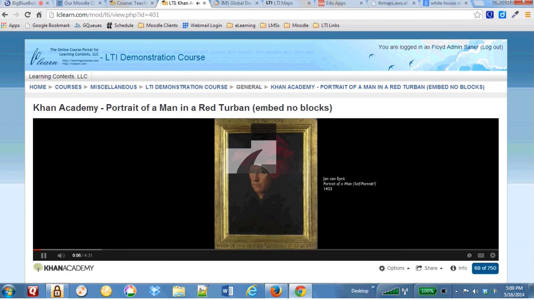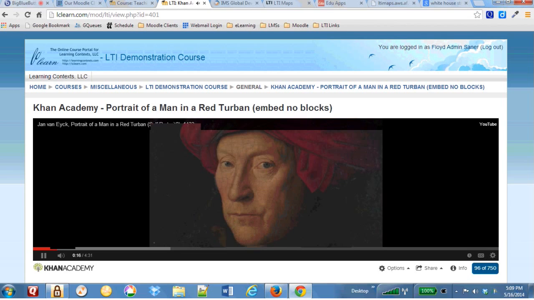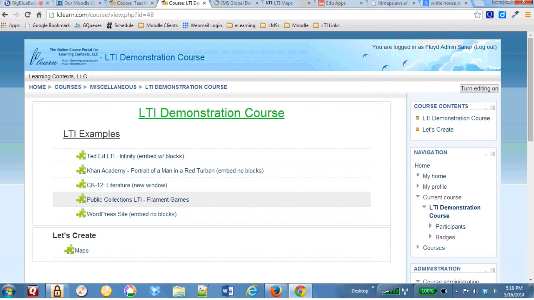We're in the National Gallery. One day I'm looking at a Jan van Eyck portrait of a man with a red turban. And this is thought by many artisans to be a self-portrait of